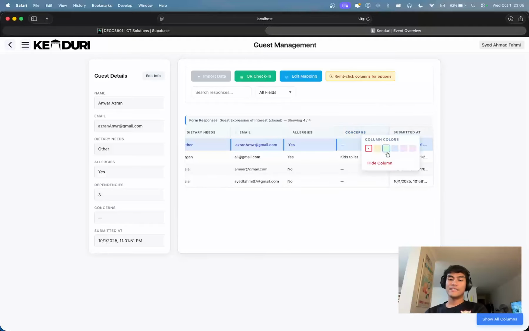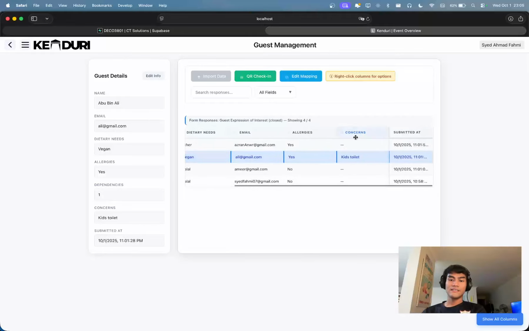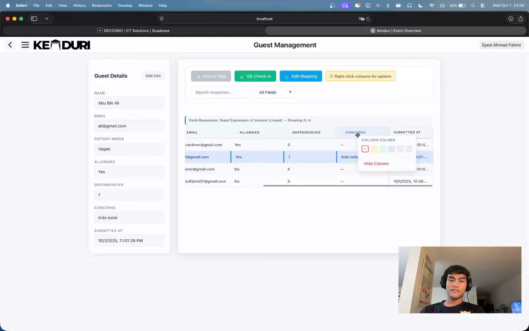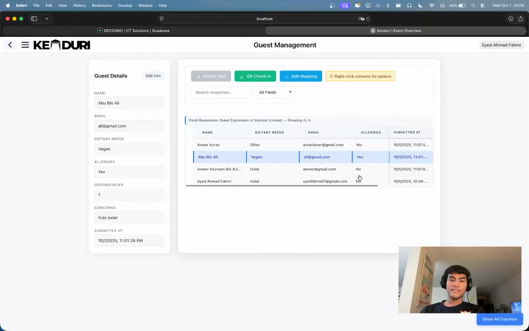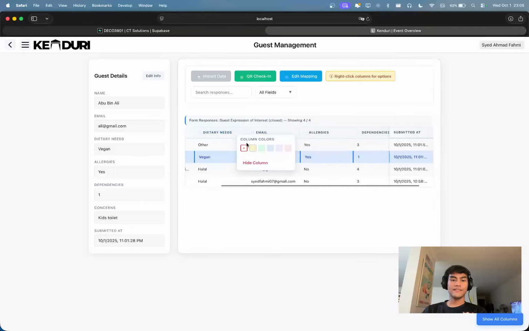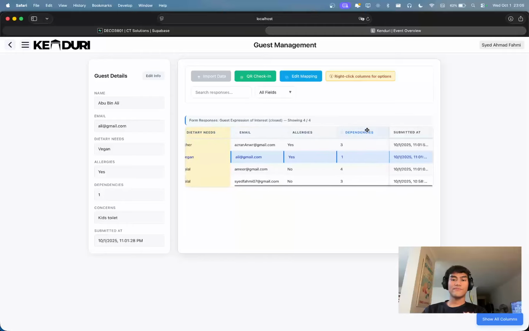Maybe this is for other usage, not for when we're planning to send out the QR. So we can just hide the column for the concerns. And let's say if you want to highlight a certain column, maybe we're checking it, I want to look at the dietary needs, we can just add colors and highlight it. Now this works for every column,